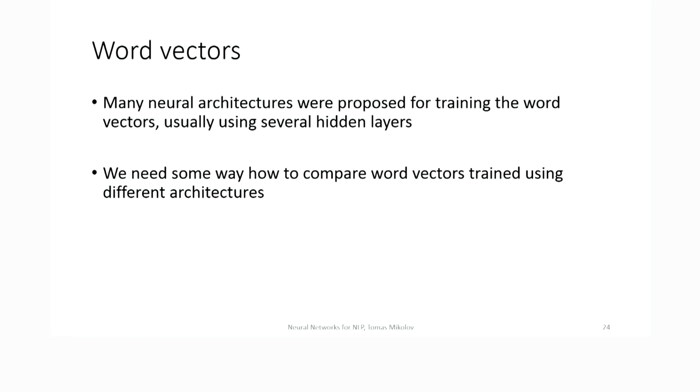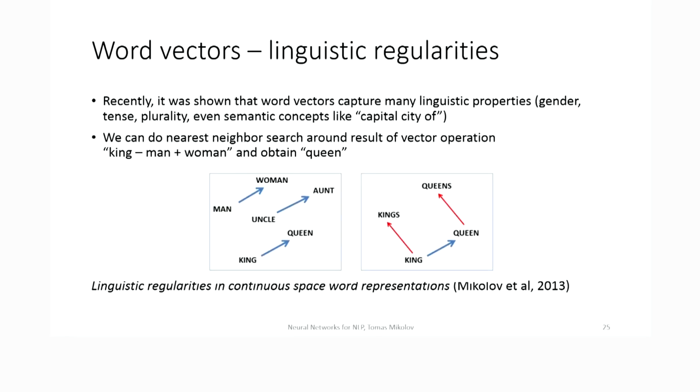As I said, there were many of these neural architectures proposed for learning the word vectors, and many of them were adding depth and more hidden layers, which some people like me believed was unnecessary. It's hard to argue with deeper being better, but there was this interesting paper that we wrote at Microsoft Research that allowed us to compare different architectures for learning the word vectors and see which one encodes more of the information in the language.